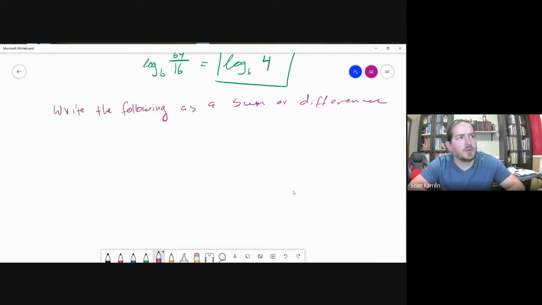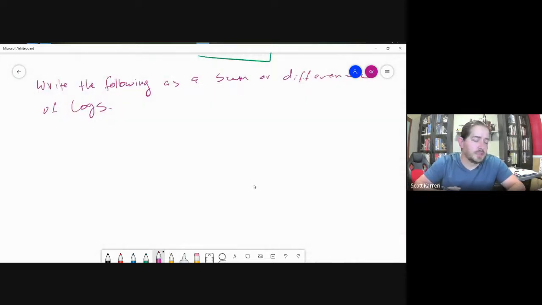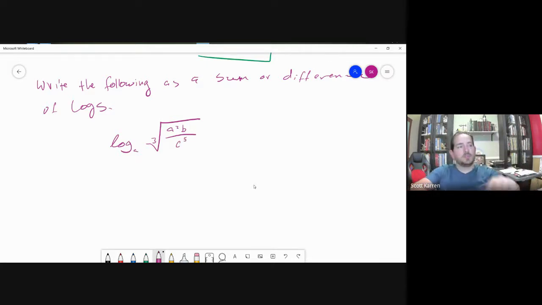Should just type this. Write the following as a sum or difference of logarithms. If I'm given something like the log base a of the cube root of a squared b over c to the fifth, the first and foremost thing I would do is take this third root and call it a 1/3 power. So I have log base a of a squared b